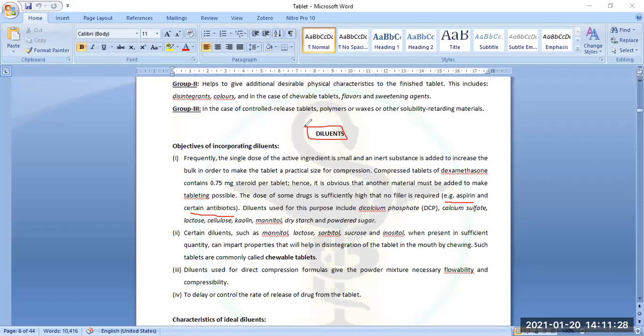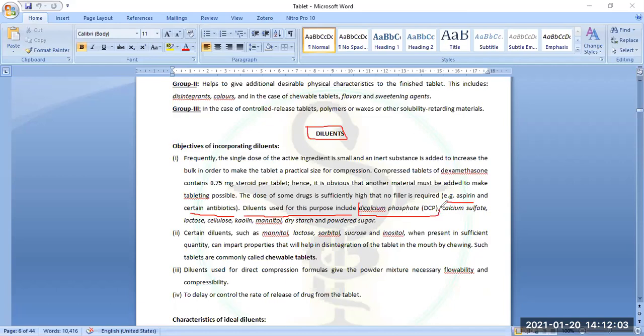So it is not necessary you have to add a diluent, but diluent is only added to a preparation when there is a requirement of bulk, when you require a certain weight of a medicament. For example, you have to convert your formulation into more than 120 milligram. There is a certain limit. If your tablet is less than 120 milligram, that much of variation is acceptable. Weight variation test. Okay. So for this purpose also we add a diluent.